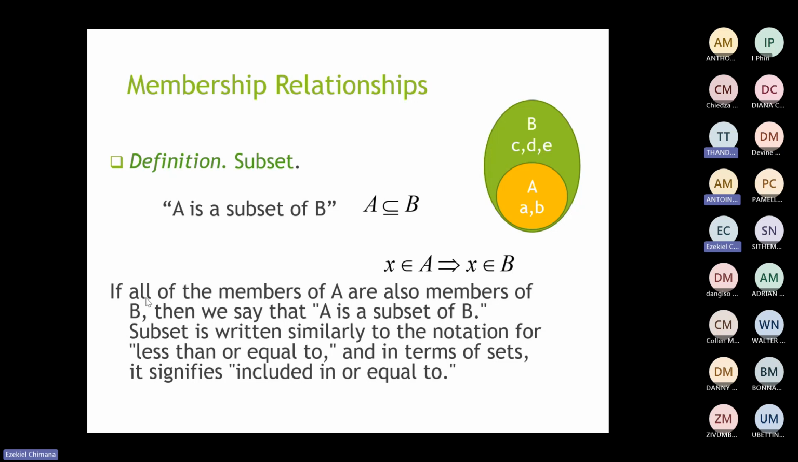This symbol. You are just saying if all of the members of A are also members of B, then we say that A is a subset of B. We are saying if all members of A are also members of B. So in other words, A and B are equal sets on that symbol. It's written similar to the notation for less than or equal to, and in terms of sets, it signifies included in or equal to. Then there is a proper subset,